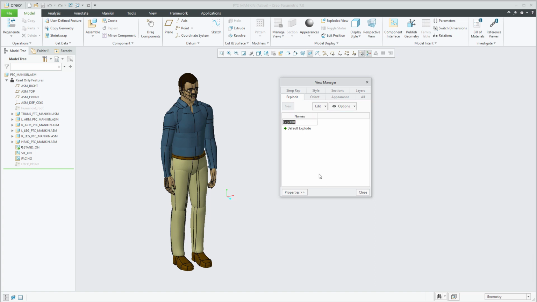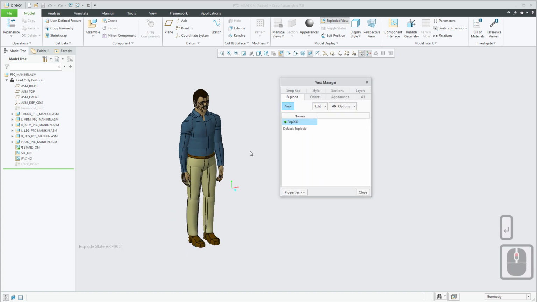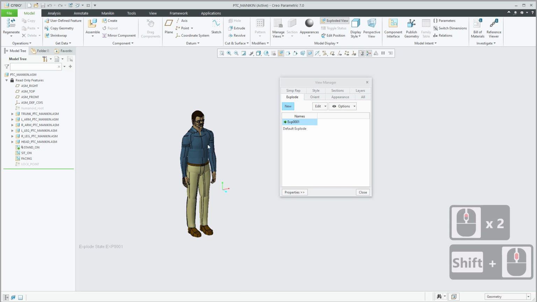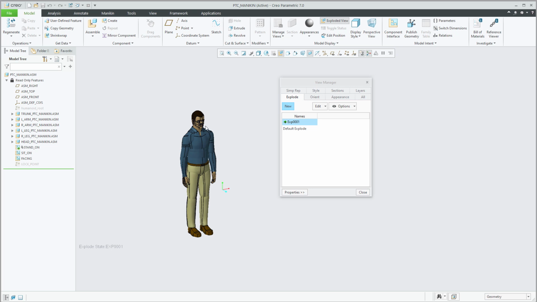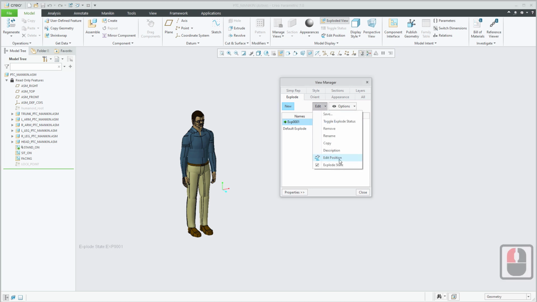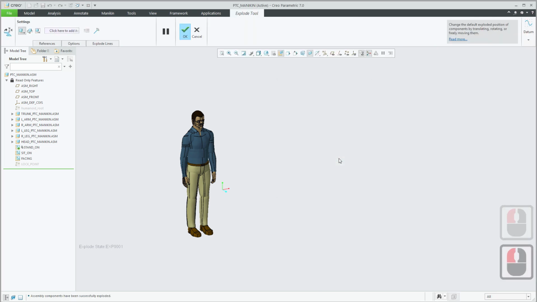And then I don't particularly want to give this exploded view a specific name, so I'm just going to accept the default name that the system has given me by pressing Enter. And then the next step is to position the parts or sub-assemblies within this main assembly in the exploded positions that I require. So in order to do that, I'm going to click on Edit, Edit Position,